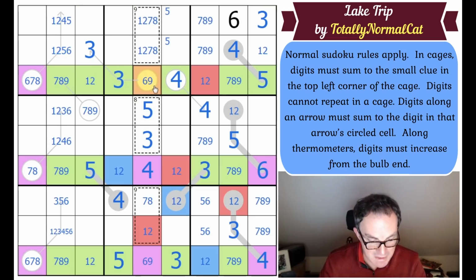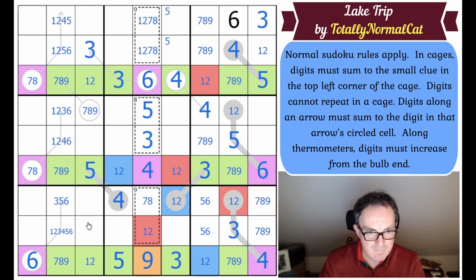This arrow is now adding up to 6, which means that's not a 6. The 7, 8 pair in column 1 means this is a 6. This is a 9. We can remove 6 as an option from these two squares because you can't make...